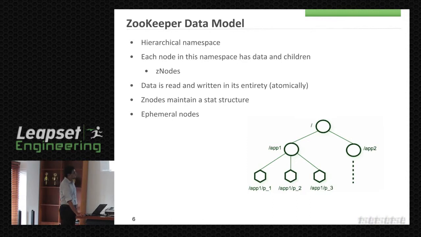Ephemeral nodes are like temporary nodes. This node will be created when a client establishes a session with the Zookeeper cluster. Once the connection is terminated, this node will also be deleted. This is one of the important features, because of this type of Z node, it is possible to implement some of the use cases which we will talk about later.